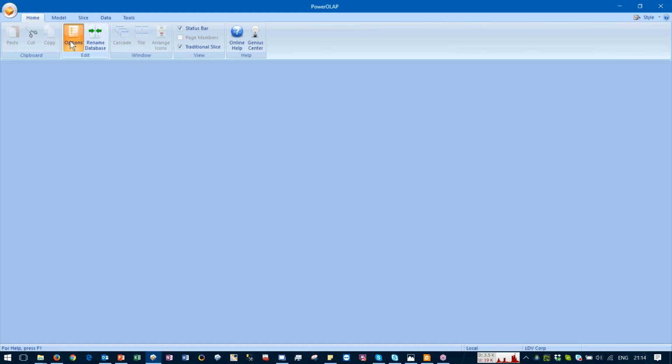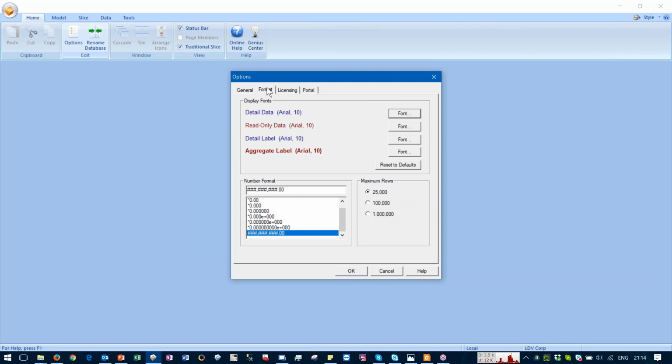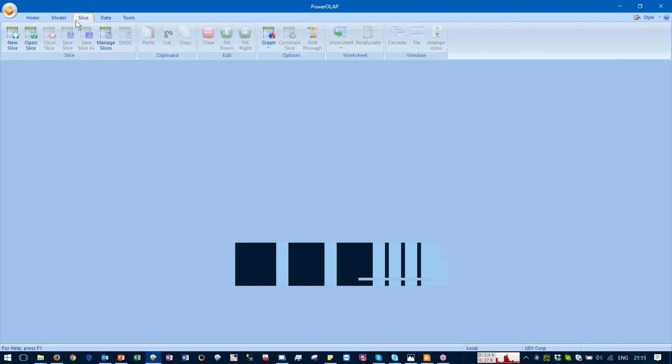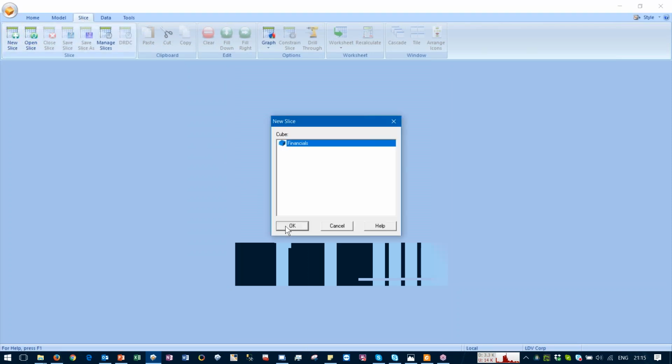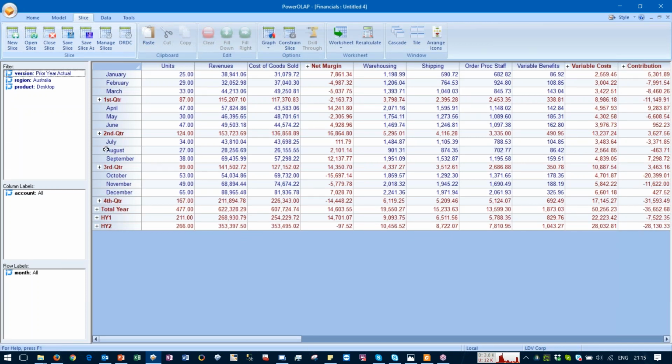So before we do that, let's change the calculation mode. When I click on the options button in the home ribbon, I get this options dialog box where I can set the formatting of my numbers and these general settings. The calculation mode I'm going to set to automatic. So when I now create a slice from my financials cube, you will see the calculations made automatically. The values are brought into the cube, and the structure of the cube you can see on